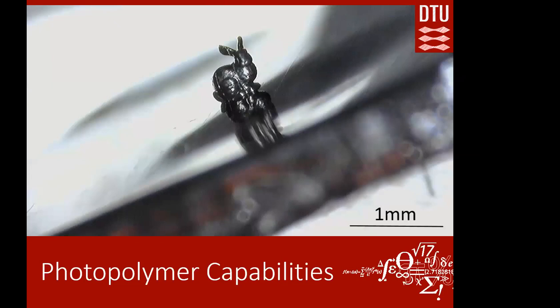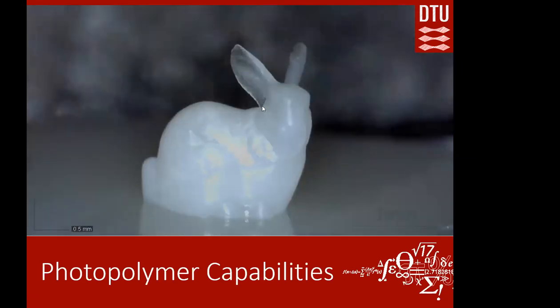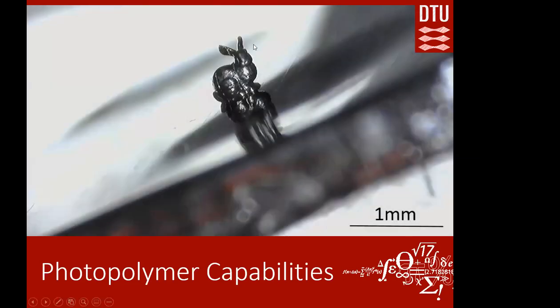Here it is again, even smaller. Now it's 0.5 millimeter by 0.5 millimeter by 0.5 millimeter. And the lines you can see throughout the geometry are actually scratches we had on the glass bottom of the vat in our machine. So we can push the machine this much because it's an open system. If the industry provided us with open systems, we could do the same on the commercial machines you have in